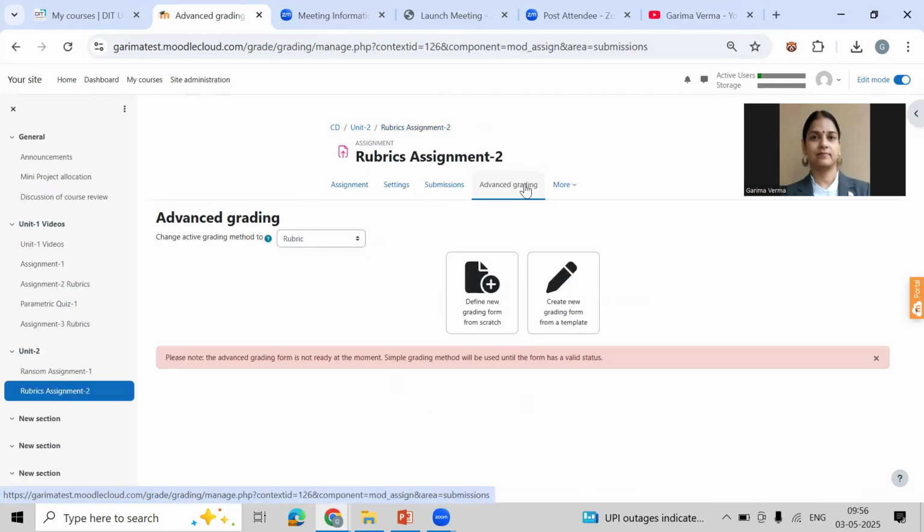In this tab, your grading method is rubric and you have two options, define a new grading form and create the grading from the template. If your university has specified a particular template to define the rubric, then you can choose the template from this place. Otherwise, you can define your own template, right? So I'm defining my own because no existing template is available.